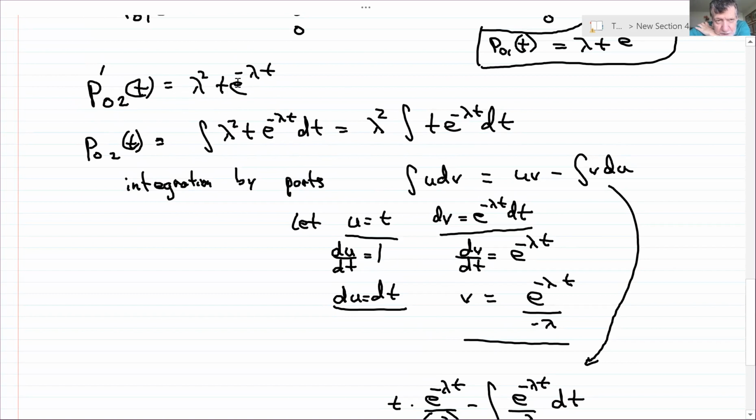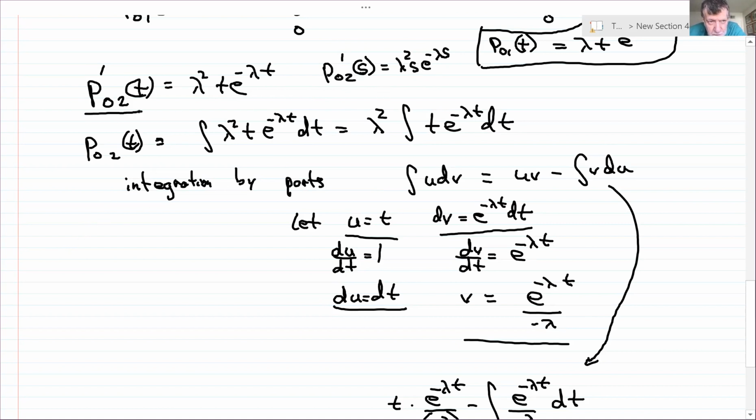Let's replace all the t's by s. So if I replace all the t's by s, it would be P02 prime of s is equal to lambda squared s e to the minus lambda s. Okay, so do that equation. And why am I doing that? Because I'm going to integrate. So if I integrate both sides,